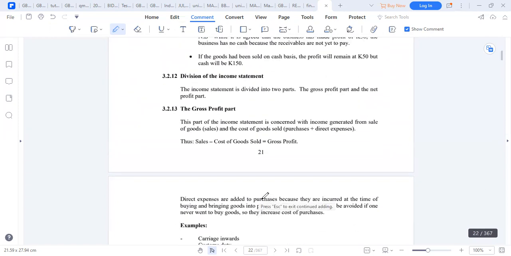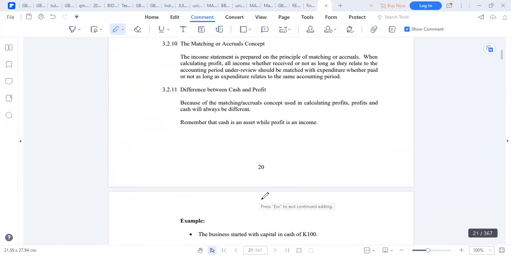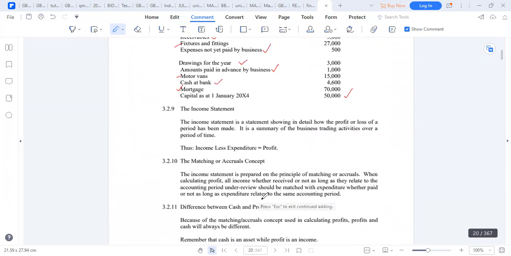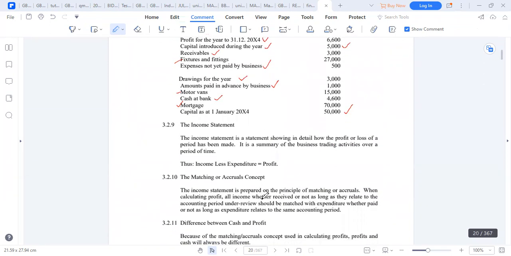Now I need us to understand our income statement. There are a few variables that we need to know. The job of the income statement is to produce the net profit and the gross profit. In bookkeeping, the income statement is called the trading profit and loss account. The trading account has a job of producing what? The gross profit. And the net profit account has a job of producing the net profit. If we subtract our expenditure from our income, what we get is called the profit.